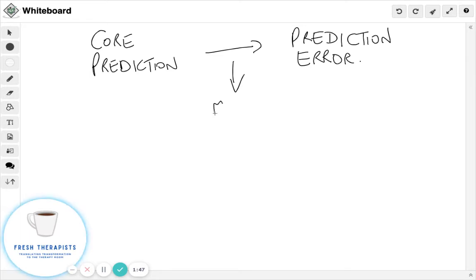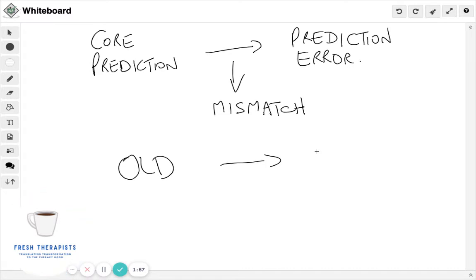That creates a mismatch as we think of it. And then essentially what you'll do is repeat a reactivation of the old with the new experience that produces the prediction error.